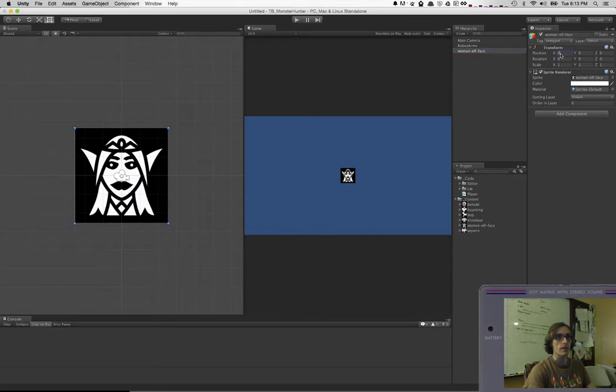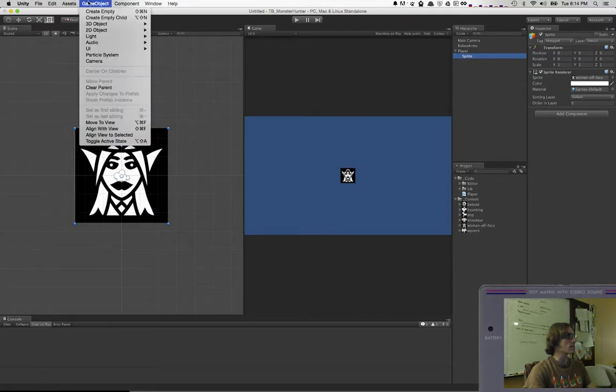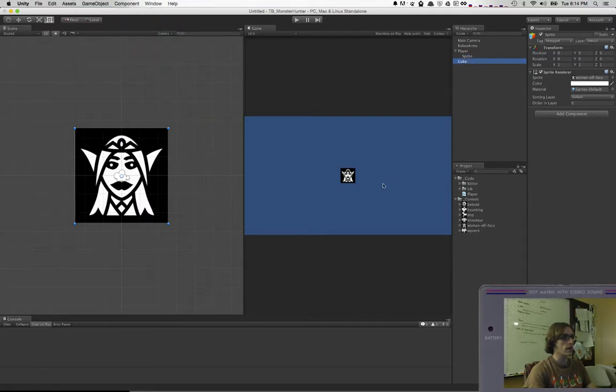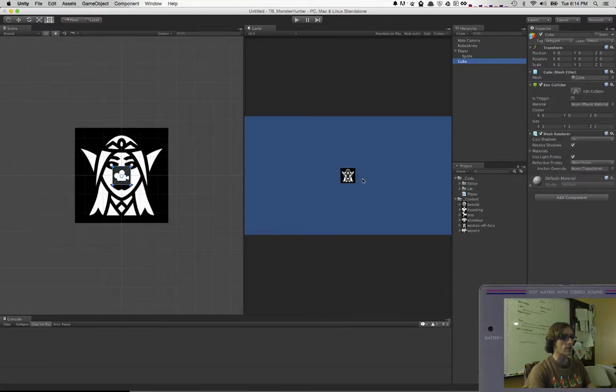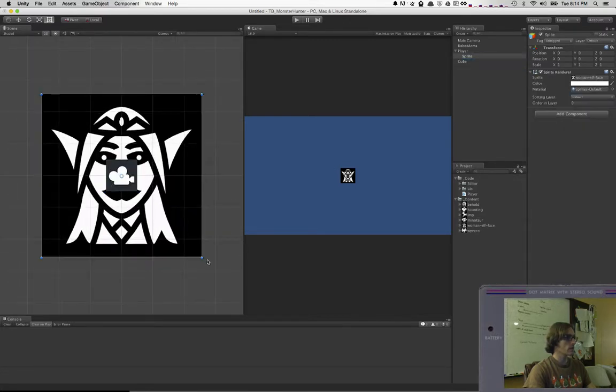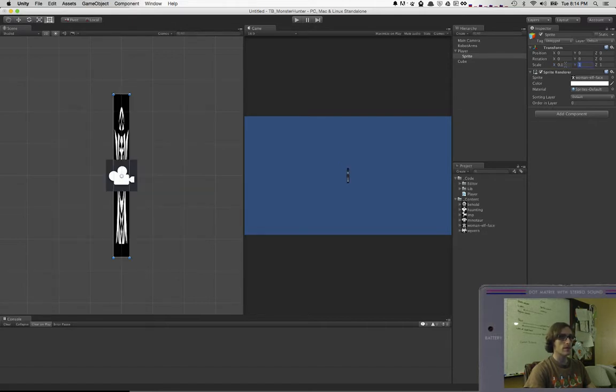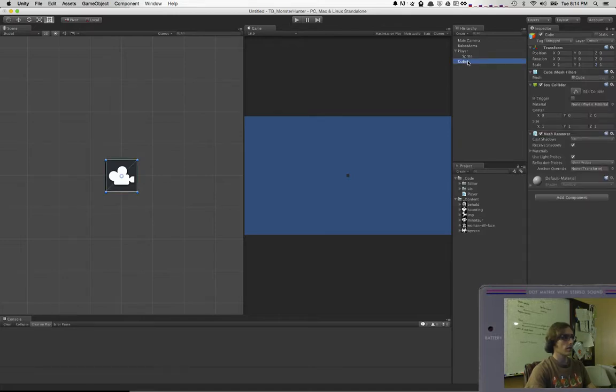Actually, let's see. If we move this 1 unit, oops. It's gonna be our sprite. We actually probably do want to scale this down. That way we can move things by 1 unit, and everything will move very nicely. So probably we want this to be not 0.1, how about 0.2? Yep, looks like 0.2. So for everything, if our sprites are 0.2, then they are the size of a cube,